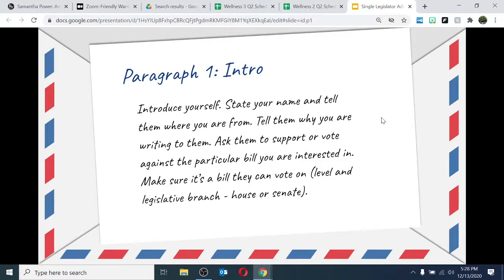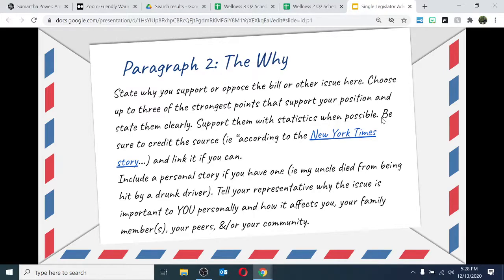And then you will move on to the second paragraph, which will be your longest paragraph. This is your why. This is where you have to persuade them to either vote for or vote against it, all right? You'd be surprised how many topics elected officials are not very educated on, okay? They know just enough. They know a little bit, but this is why there are lobbyists, okay? This is why it's important for them to hear from you, because they need to hear what's going on with the topic. So this is where I want to see several statistics, multiple statistics, or facts, okay?